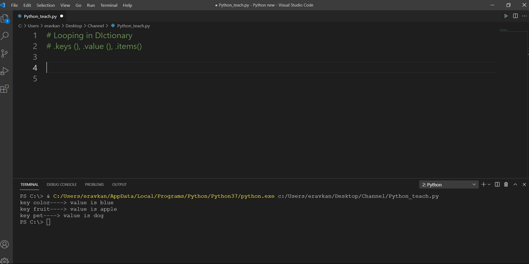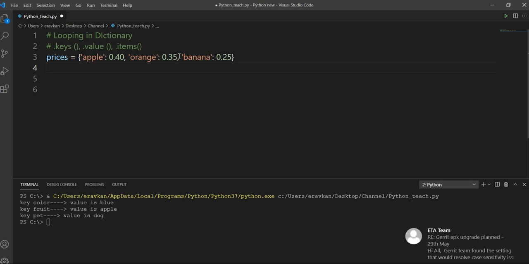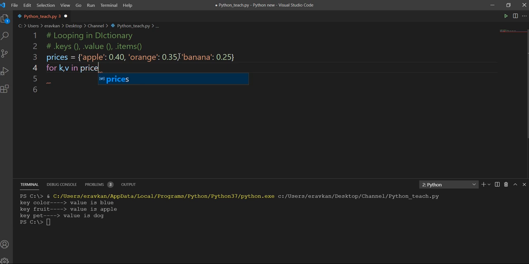Okay, let us take an example. Suppose I have a dictionary, and I want to play with the keys and values of the dictionary, then I can do it like this in prices.items. If I want to apply some discount on the rate of the apple, orange and banana, then I can do it this way.